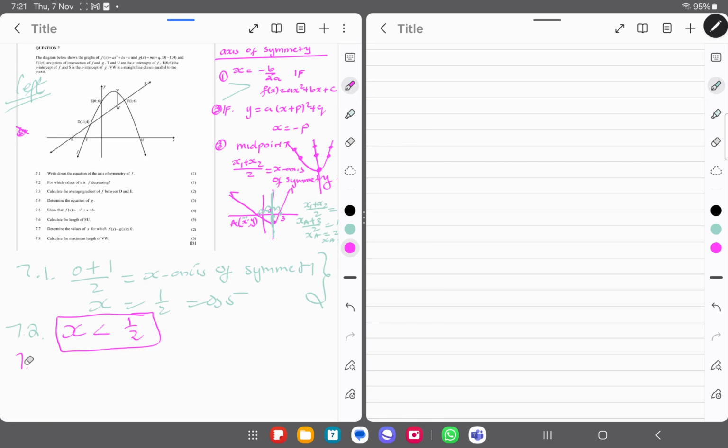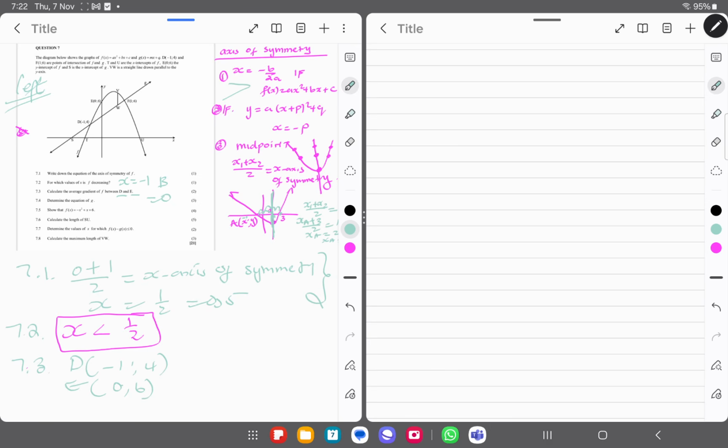7.2. 7.3. Calculate the average gradient of f between d and e. So the average gradient, guys, is the normal gradient that you know. Sometimes d, the coordinates, is -1 and 4, and then e is 0 and 6. Normally they'll just say calculate the average gradient of f between x is -1 and